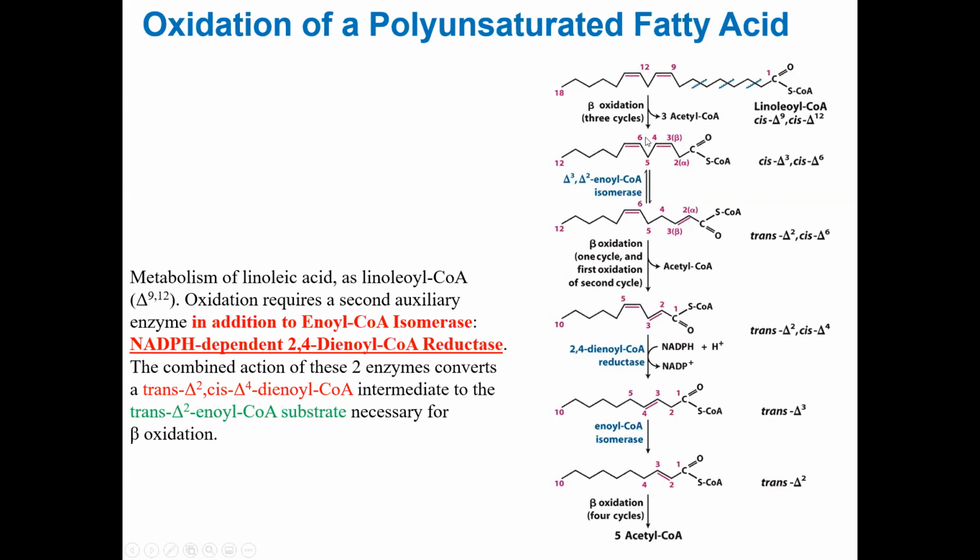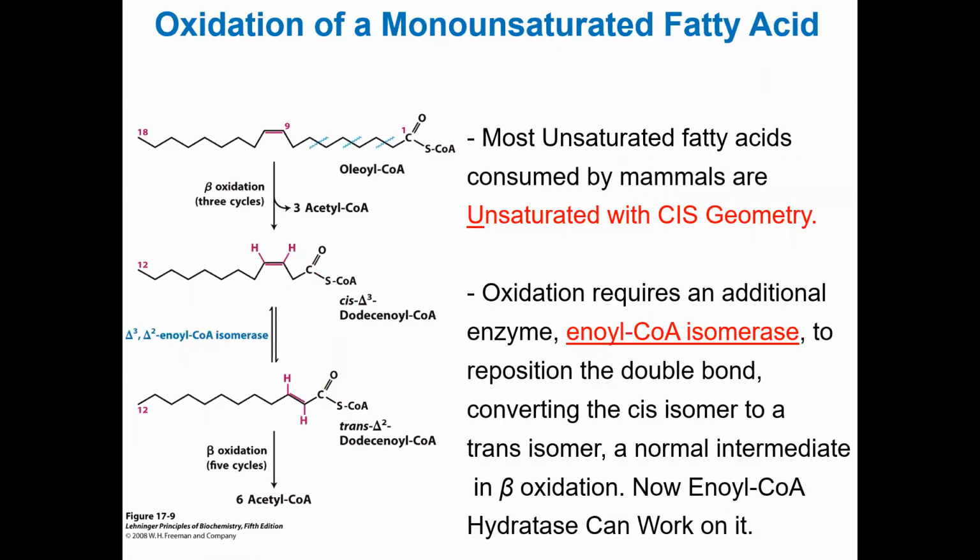Okay, so if you look here, you know that in order for the beta oxidation enzymes to work, you have to have the double bond between 2 and 3, right? And that double bond has to be in the trans geometry. Cool? You know that, you can see already. Okay, so that's what enoyl-CoA isomerase does. That's its specialty. Remember, we talked about this enzyme here, right? That's what it does. It basically takes the cis double bond and transposes it to the trans form near the carboxy end.